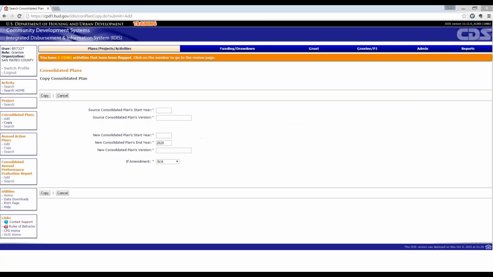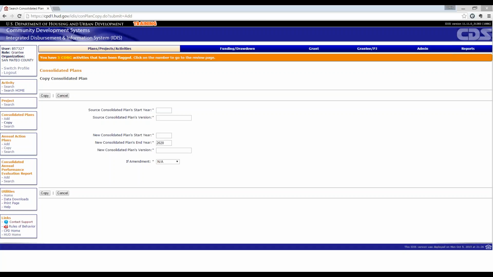And TJ, let's just pull up poll question number 5 as well. Great, and so who initiates the amendment process for a participating grantee? Is it HUD, is it the lead grantee, or is it the participating grantee? Okay, great. Looks like the vast majority of you said lead grantee, and that is correct.